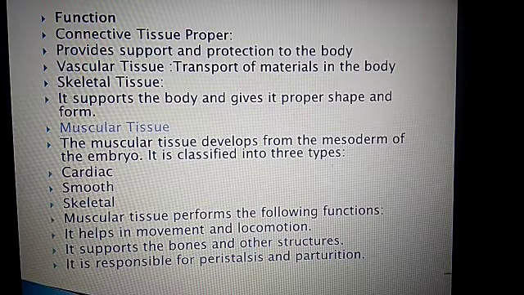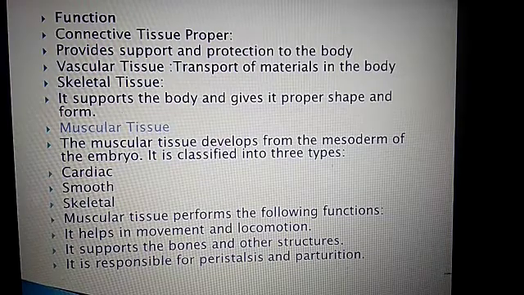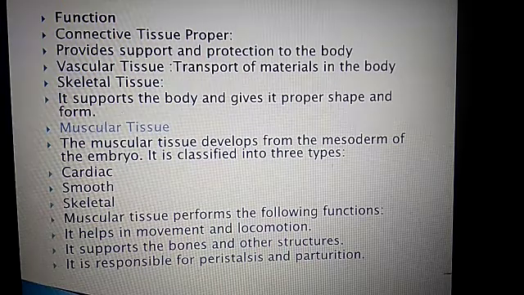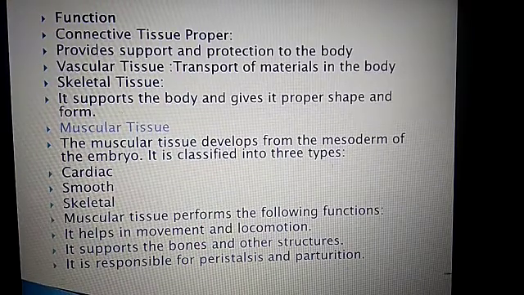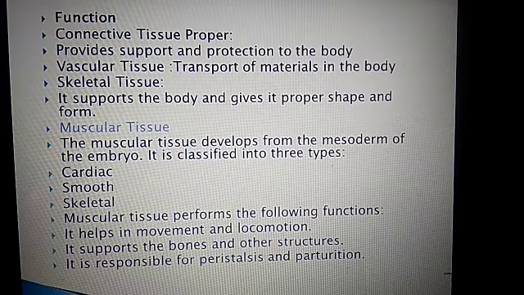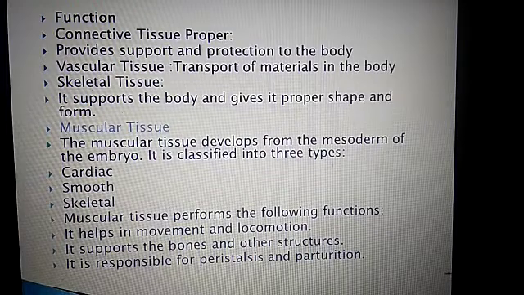Next, blood. Blood is also a connective tissue with a liquid matrix, which helps in the transportation of nutritive materials, respiratory gases and excretory materials from one part of the body to another. About 90% of blood is water, and the remainder contains plasma and blood cells, with the remaining solids being salts and proteins.